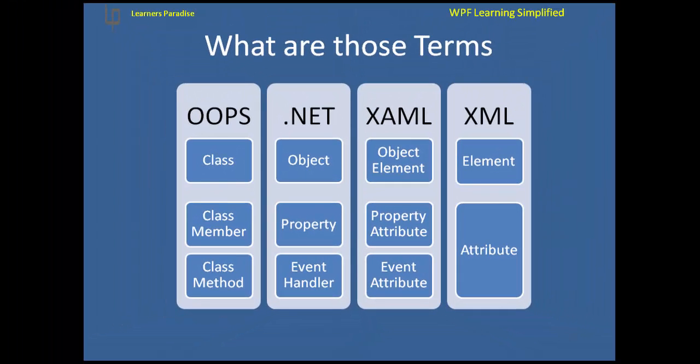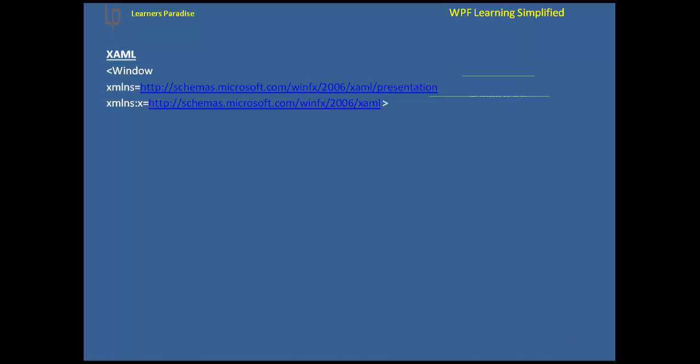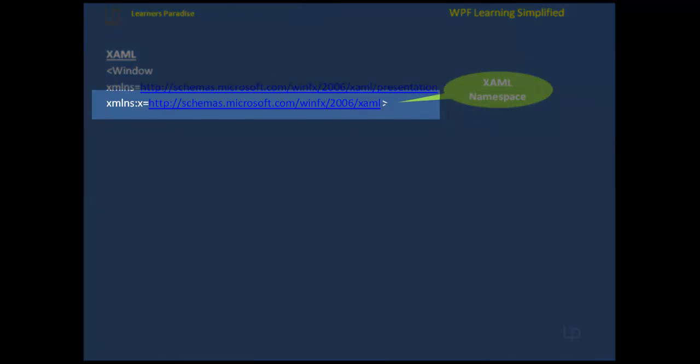So let us take an example and understand each of these things. Suppose we have some code in XAML; this is a typical code which has a window element, and then there is something like this. You will see in the examples xmlns is equal to http colon something and xmlns colon x is equal to http something. So what is this? I am talking about the second part, the xmlns colon x is equal to